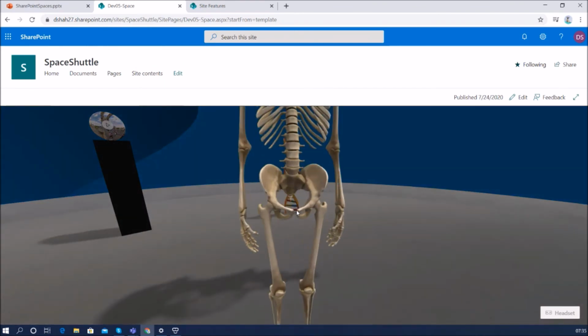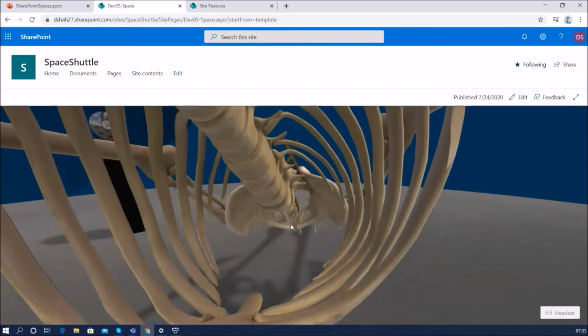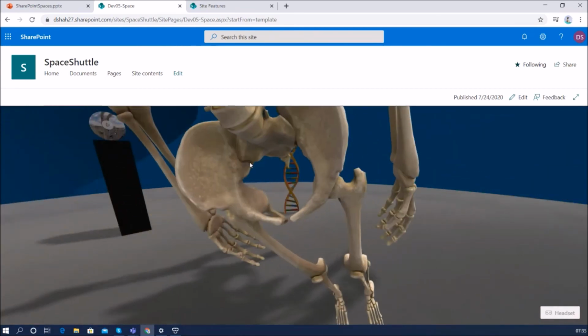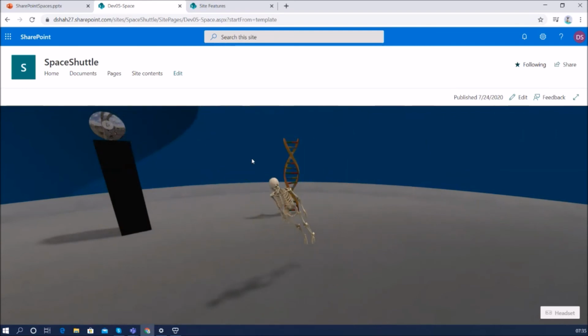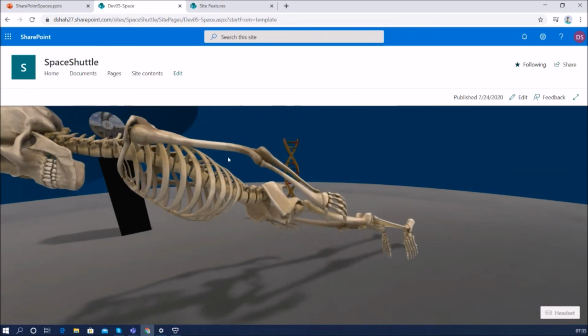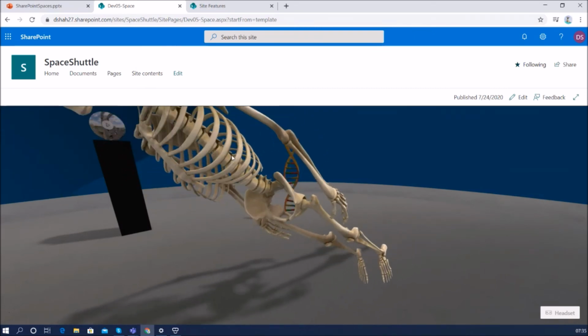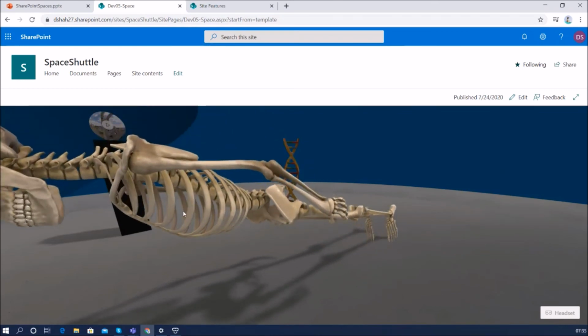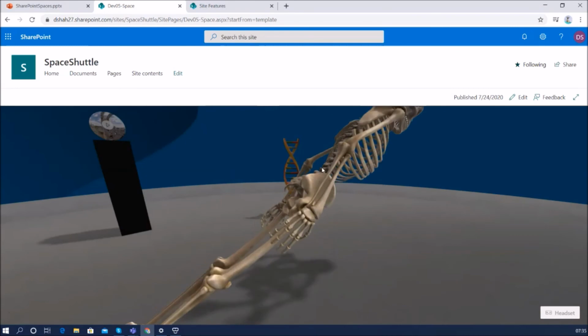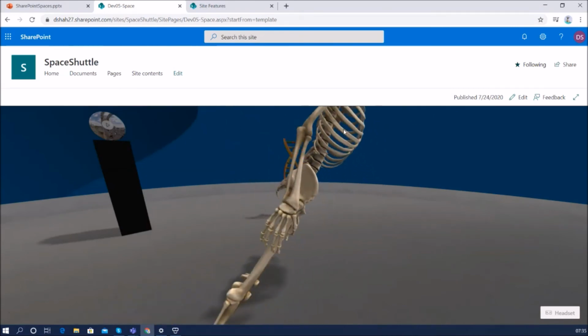They can zoom in, zoom out, and check each individual component. Like let's say this is one body component, and they want to zoom in on a few things and check what's inside that. In the detailing portion, they can learn very easily without using any dead body. They can experience it with the help of this mixed reality. So this is the 3D object web part, and it looks really awesome to us.